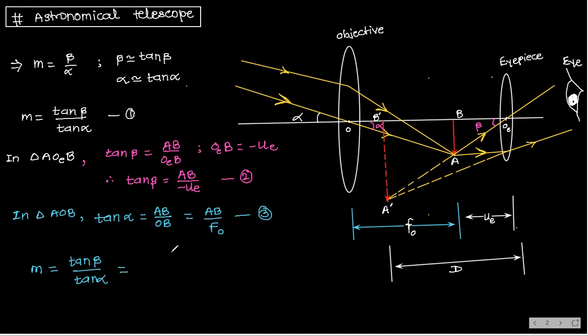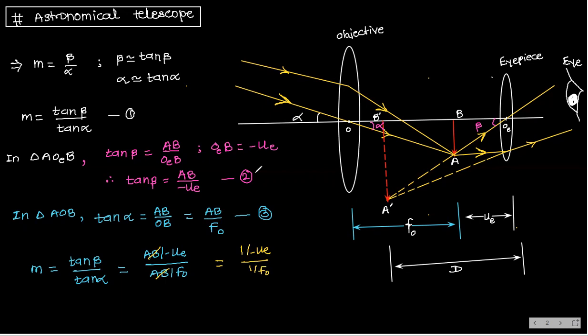This is equal to AB by minus UE divided by AB by F naught. So this AB and AB is cancelled. What is left now? This is equal to 1 by minus UE divided by 1 by F naught. So I am getting